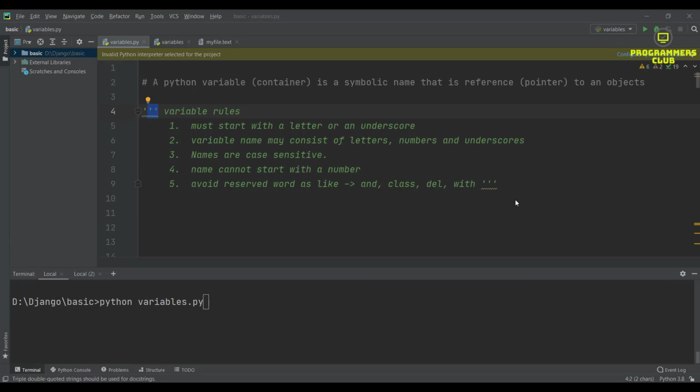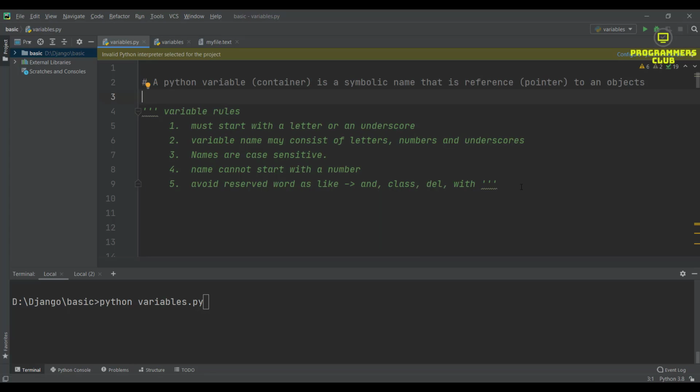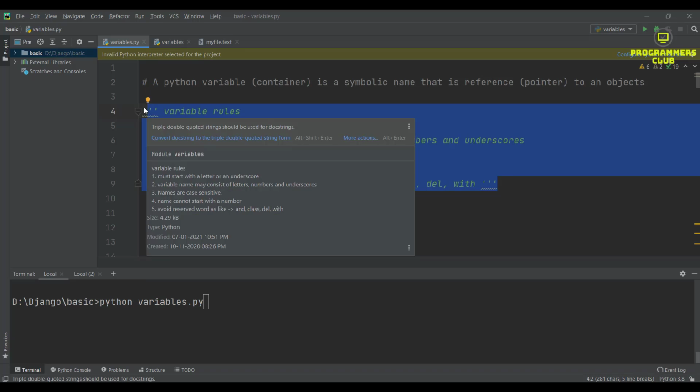Now we will discuss Python comments. There are two types of comment in Python: single line comments and multi-line comments. A single line comment starts with a hash, and a multi-line comment starts and ends with three consecutive single or double quotes. That's 1, 2 and 3. There is also a little difference between them. The Python compiler ignores a single line comment, but the compiler can compile a multi-line comment. We can also treat this comment as a value.